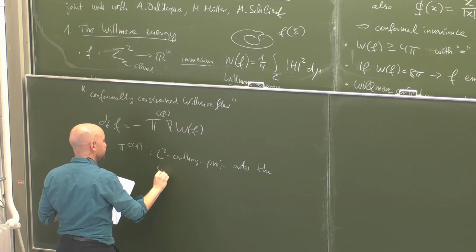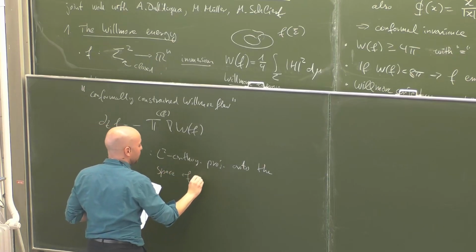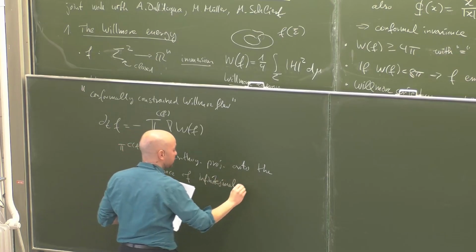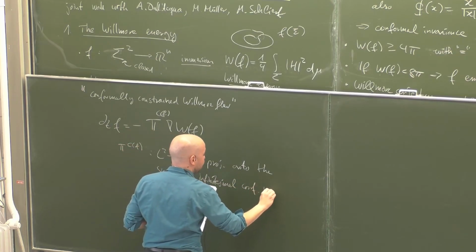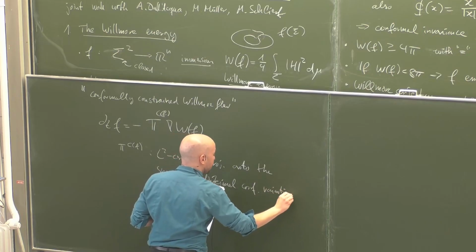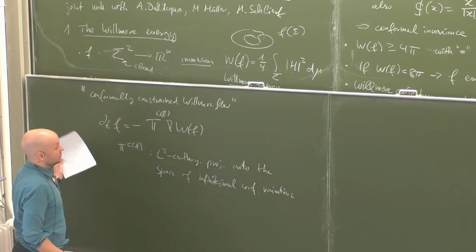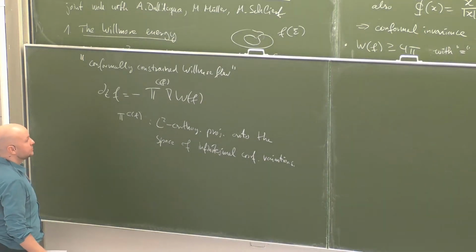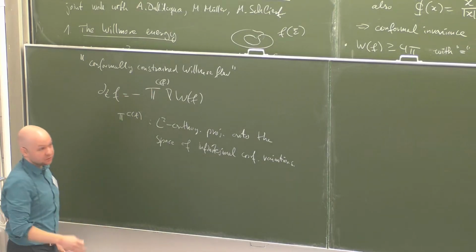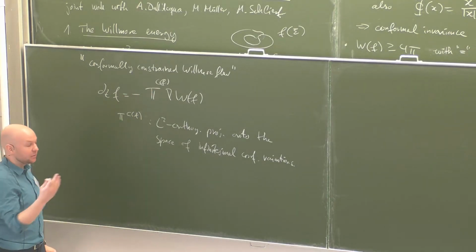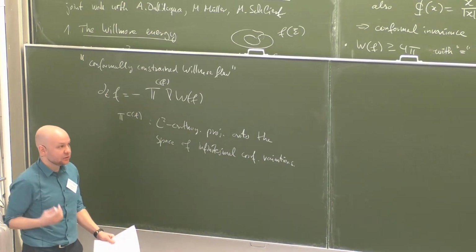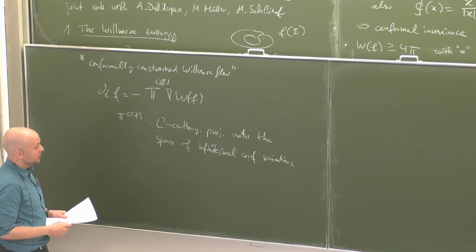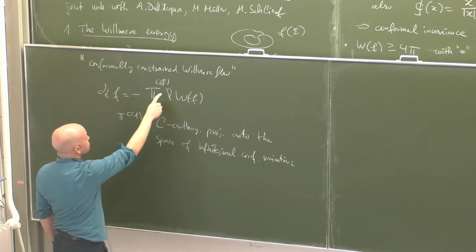onto the space of infinitesimal conformal variations. This is a formal way to write down this equation. Actually, if we have a good way to realize the conformal class, we could also do this in higher genus, but I want to show you now that in the torus case, this can be done rigorously, and a priori